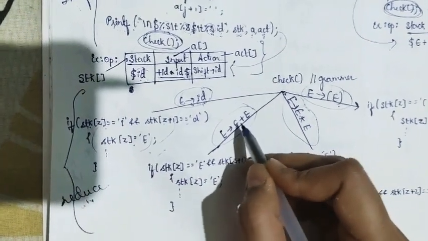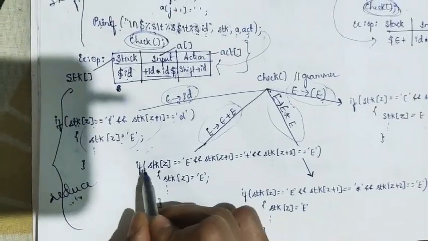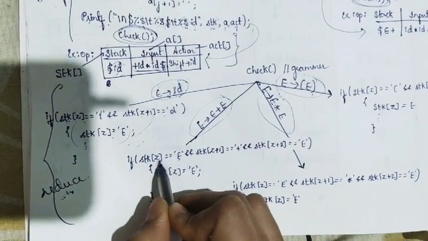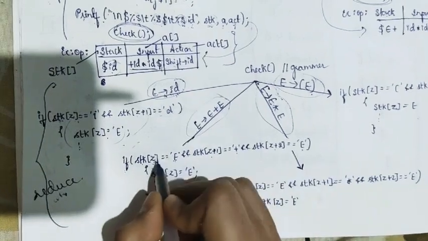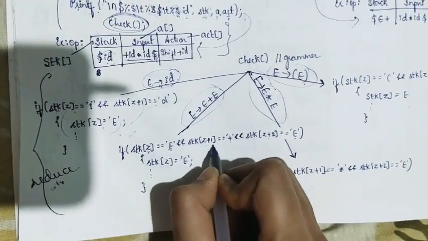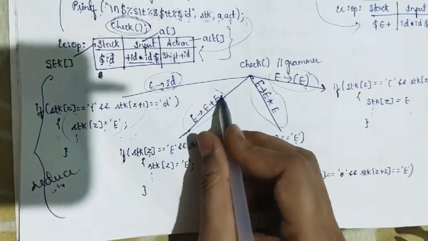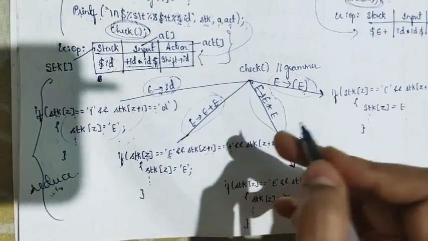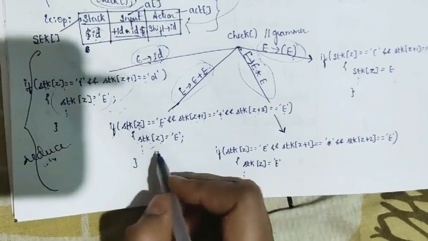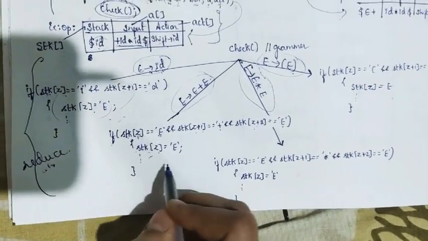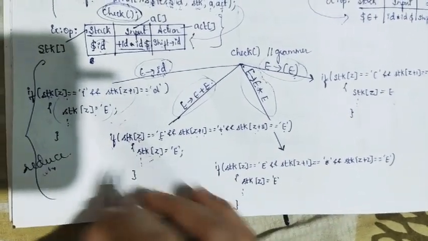The second one, if I have E plus E in my stack, that should again be replaced by E. So how are we doing that? Again, I am checking if stack of Z, that is the first character, is E, if the next one is plus, if the next one is again E. Stack of Z is E, stack of Z plus 1 is plus, and stack of Z plus 2 is E. So if it is E plus E, again I should reduce it to E. So E plus E should be replaced by E. That is what we are doing here. So stack of Z is equal to E. There is a next part of the code which you will find in your manual. You can check that Z plus 1, Z plus 2 will be replaced by the null symbols.